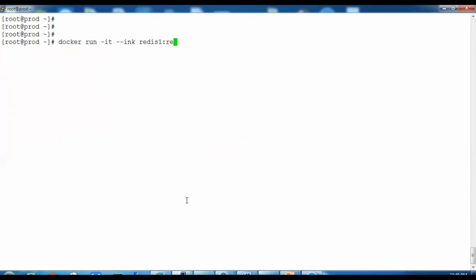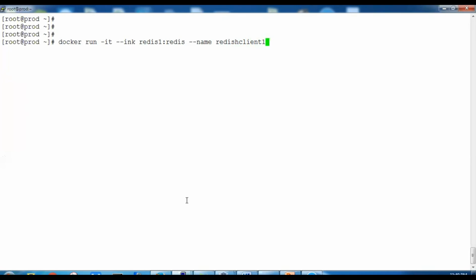So here we can give any name. So just we'll say redis, and --name for the other container name. We'll say redisclient. Here is a typo, so we'll correct it. redisclient1 is our other container name. All right.